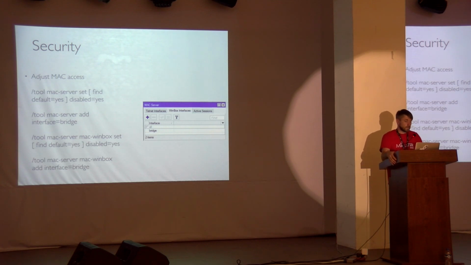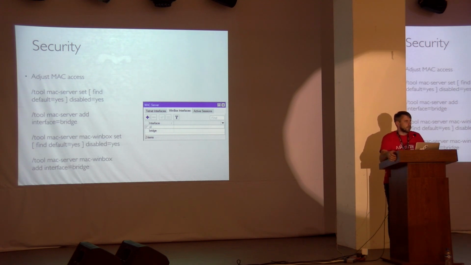And if you already configured this router and you know that you won't need access by MAC address, you can disable access at least from public networks, as maybe you are not using public networks to access your router, so there is no need and there is no reason for a person from a public network to connect to your router by MAC address. So you remove that interface and you put the interface over which you want your router to be accessible.